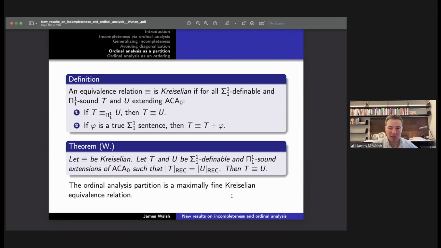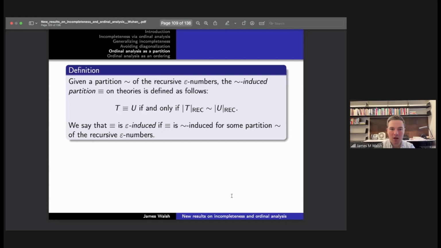So the ordinal analysis partition is a maximally fine Kreiselian equivalence relation. Now you might wonder if we can say more about it, and we can. So before continuing, let me just say something. In this part of the talk, we've been talking about Pi^1_1-sound, Sigma^1_1-definable extensions